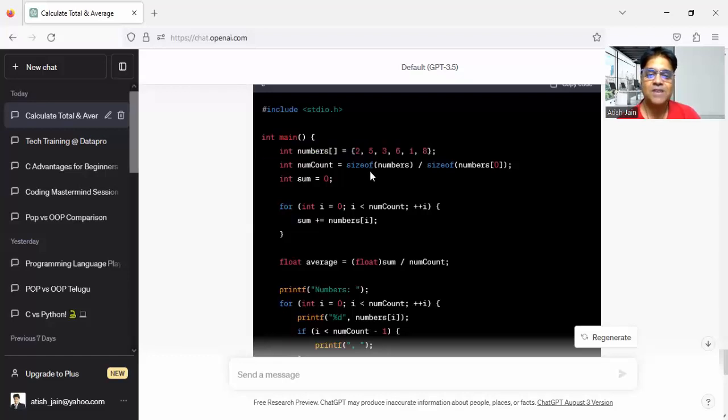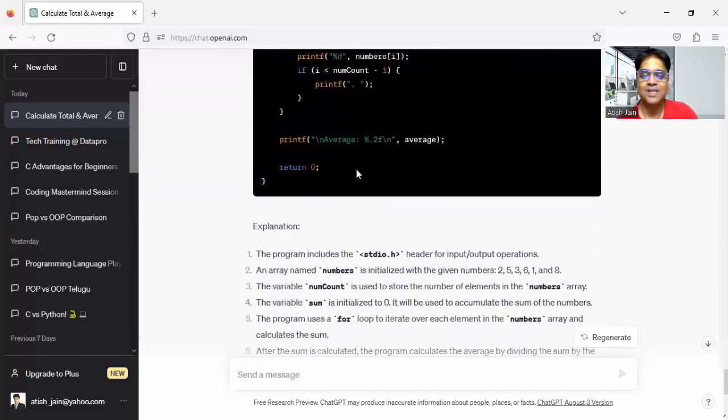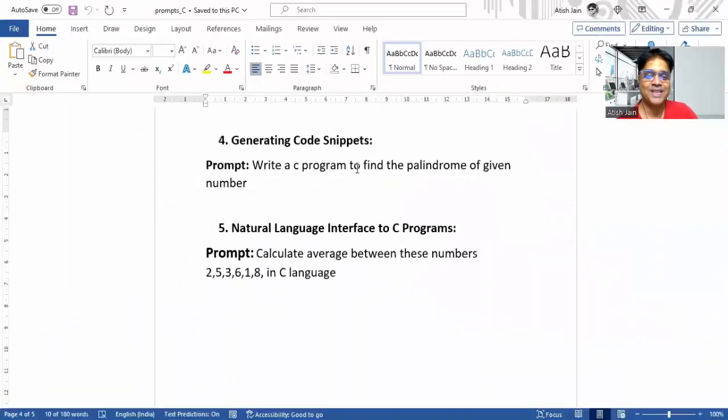So size of this array will be 24 actually. Is it clear? 24 divided by each number is occupying 4 bytes. 24 divided by 4 and the number count, you'll get 6 actually. And based upon that, it is giving the average. Guys, understood this one? Understood everyone clearly?